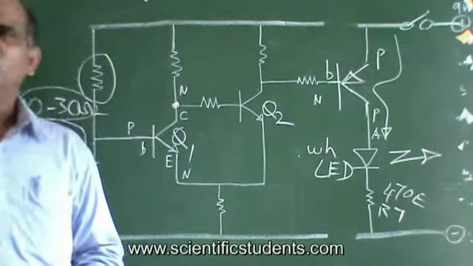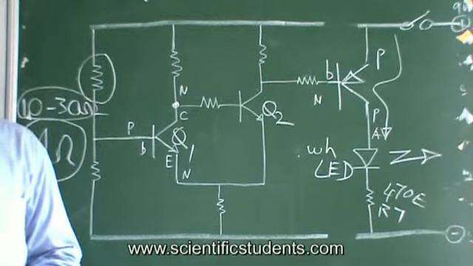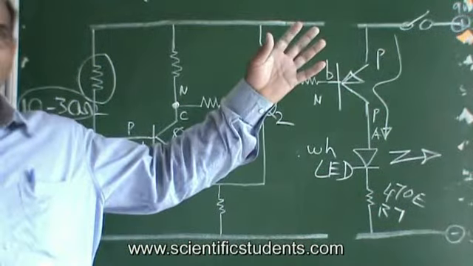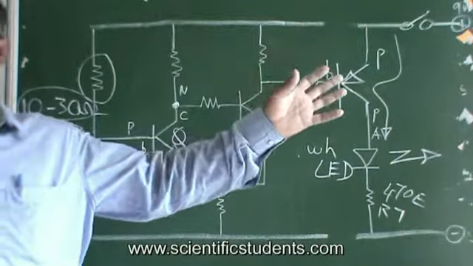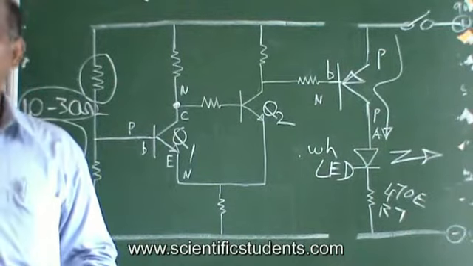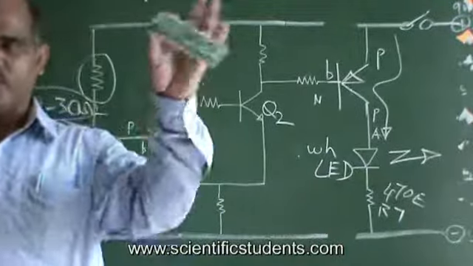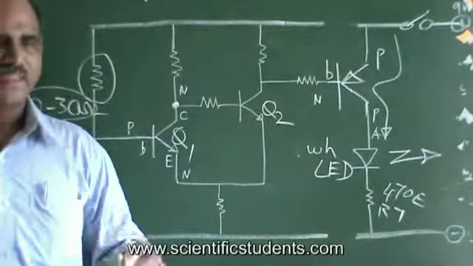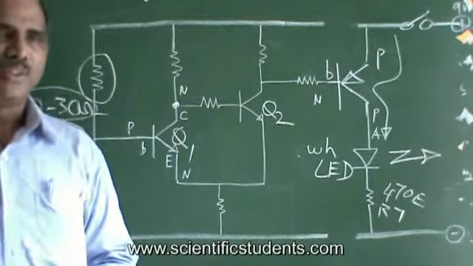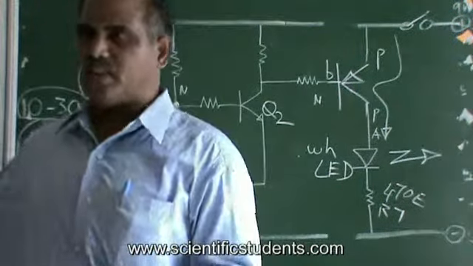Maybe 1 by 10 lakh part. Maybe 1 milliwatt it is wasting, but however you are saving kilowatts of power in the street light. Every kilowatt is 1000 watts. There are some 3 or 4 lamp bulbs on that side, this side, that side. One street itself will have some 15-20 street poles. Then how many street poles? All of them can be controlled by this one simple sensor here.